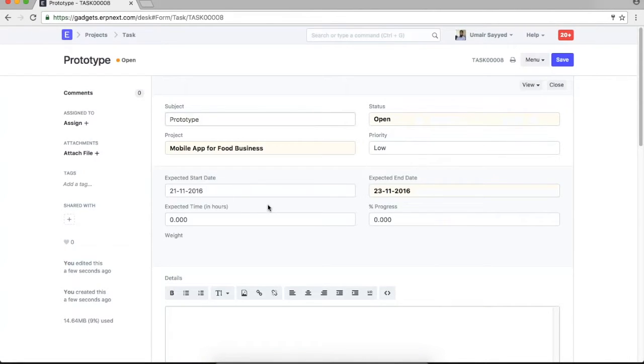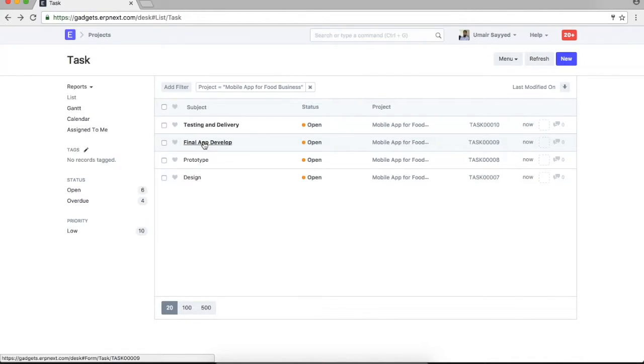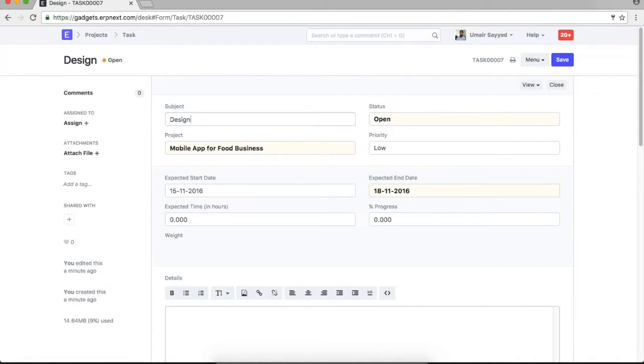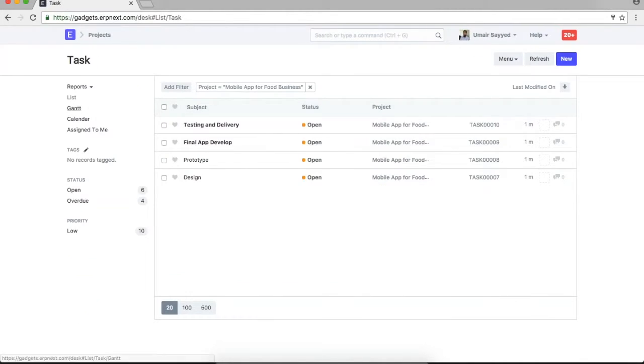Same way you can assign this task to one of your users. So what you do first is you divide your project into multiple tasks, and against this task, let's say it was assigned to me, so I can add in the task the new